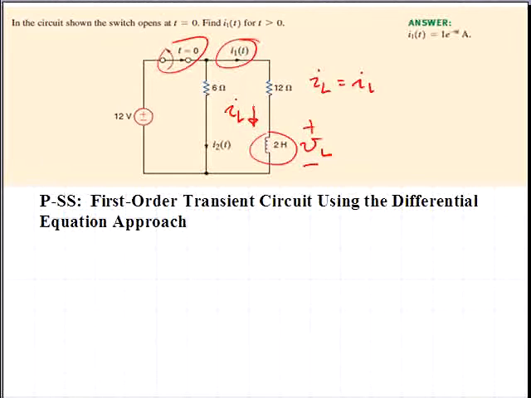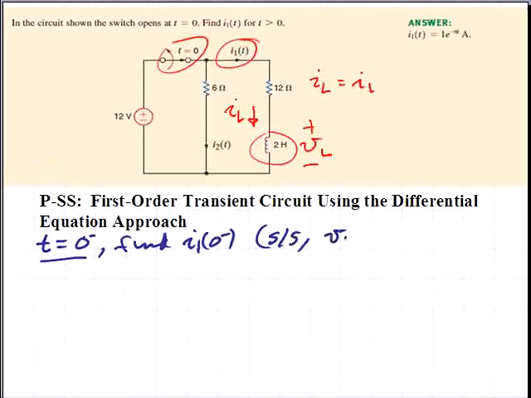So we'll determine the initial condition for the I1 current, which is the same as the initial condition current in the inductor. So for t equals 0 minus, we'll assume that the circuit is in the steady state and that